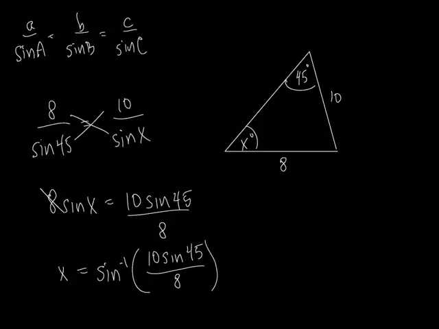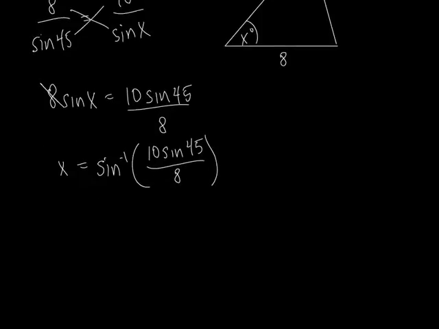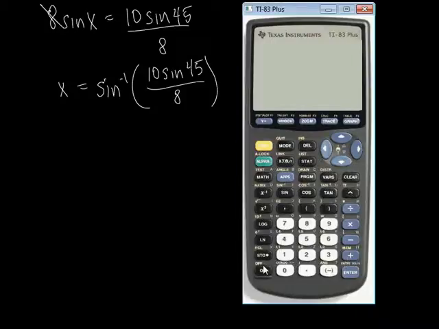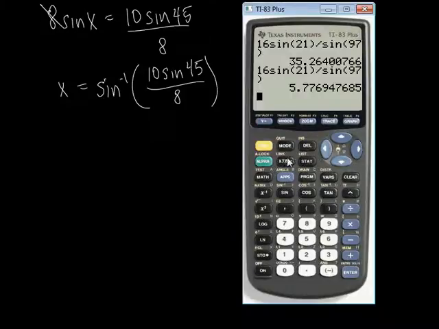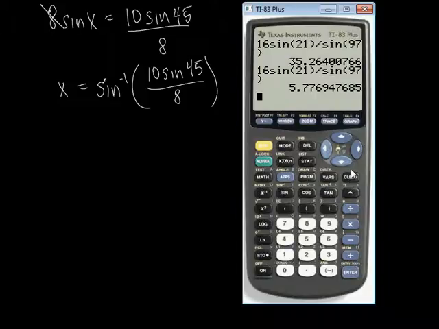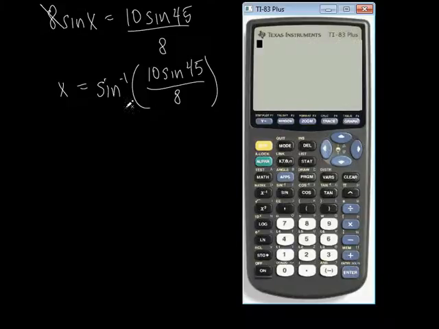So this is what I'm putting into my calculator right here. And you have that button on your calculator, don't you? Sine to the negative first. So here's my calculator. Turn it on. Make sure I'm still in degrees. I am. Okay. So let's just clear this thing, make it nice and neat. So what do I hit? Second function sine. That's right. Let's do this real quick. Second function sine. And then we put 10